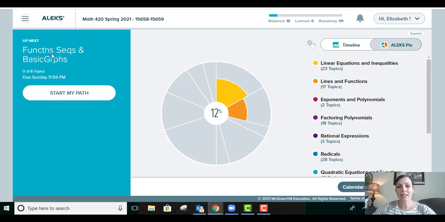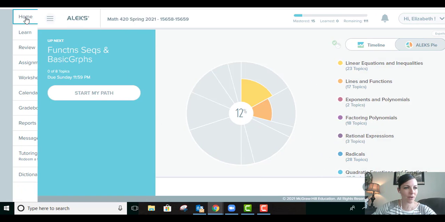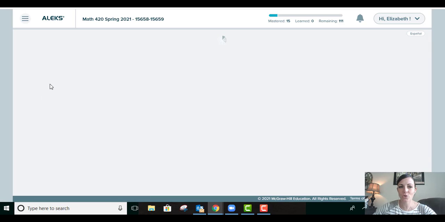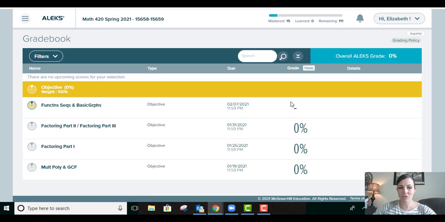Now, for your ALEKS grade, I'm going to take the higher of 2 scores. So what I mean is you're either going to get the 12%, which will be hopefully a lot more by the end of this course, or if you go into the menu on the top left, a little hamburger, 3 bars there, there's Gradebook. If you click on that, there's a scoring here that shows you how you've been doing so far. So hopefully yours does not look like mine with all these 0%, but you can see that 0% is my current overall ALEKS grade. So if it was the very end of the semester and I was going to be giving myself a grade for ALEKS, it would be taking the higher of that 0% or that 12%,